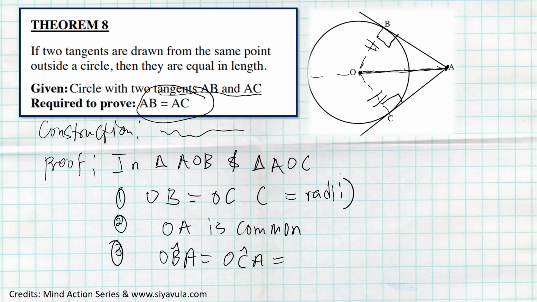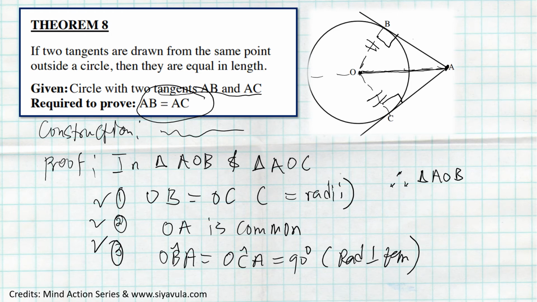Because both of them are equal to 90 degrees, by tangent perpendicular to radius. Or someone can say radius perpendicular to tangent. Can you see? So those angles are the same because they're equal to 90 degrees. So we got our three things. So we can now conclude that therefore triangle AOB is congruent